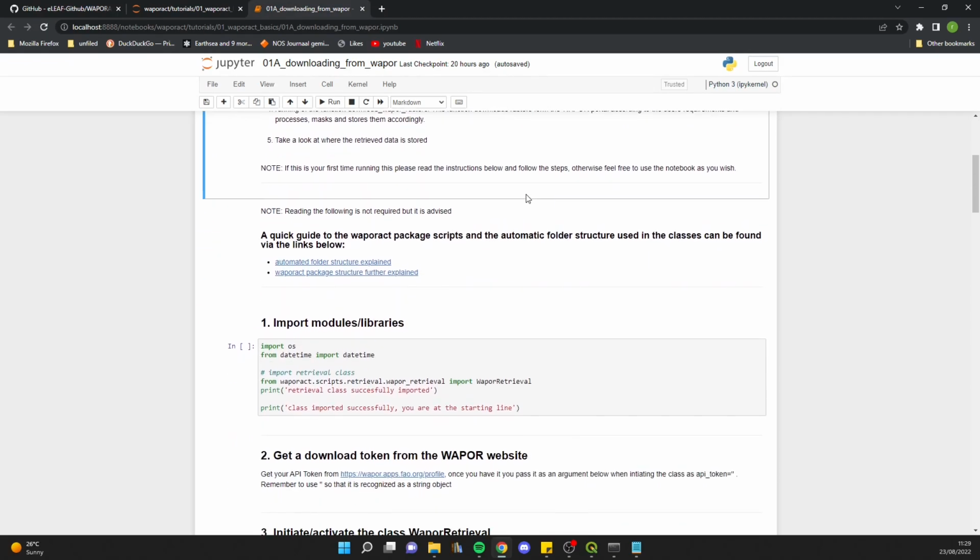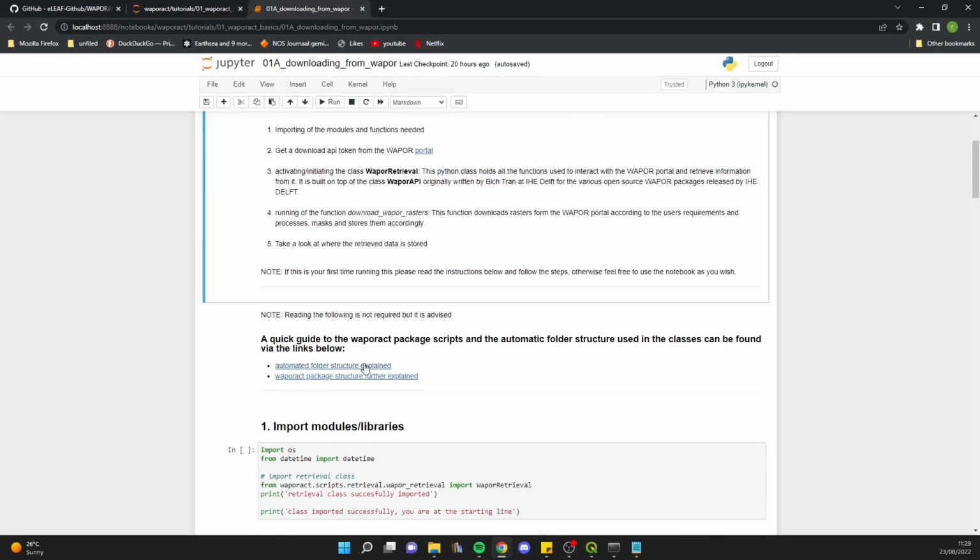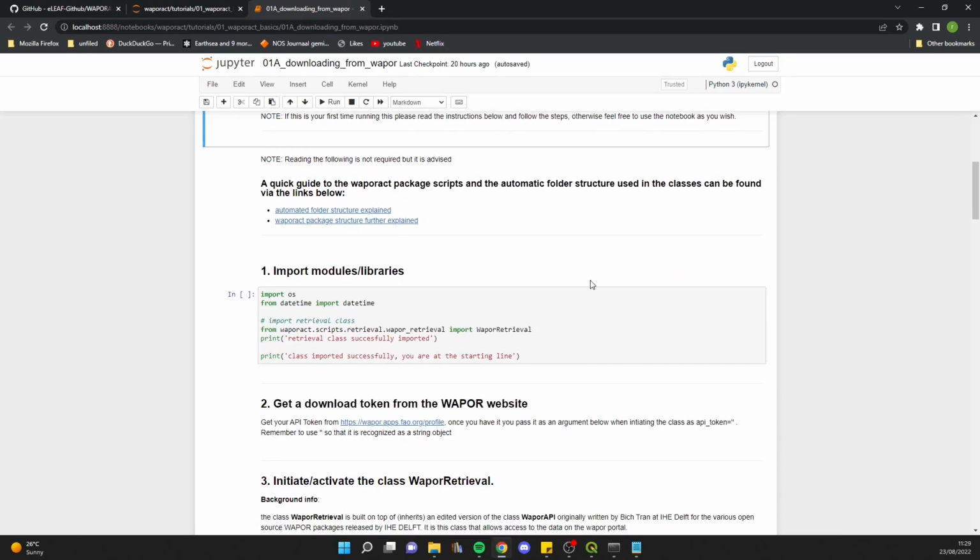The next step I recommend that you take is you have a look at the automated folder structure as explained in the wiki of the GitHub page. The reason being is that the WaPORACT package retrieves data in a standardized way, otherwise it would not be possible to automate it. And further details will be provided later,